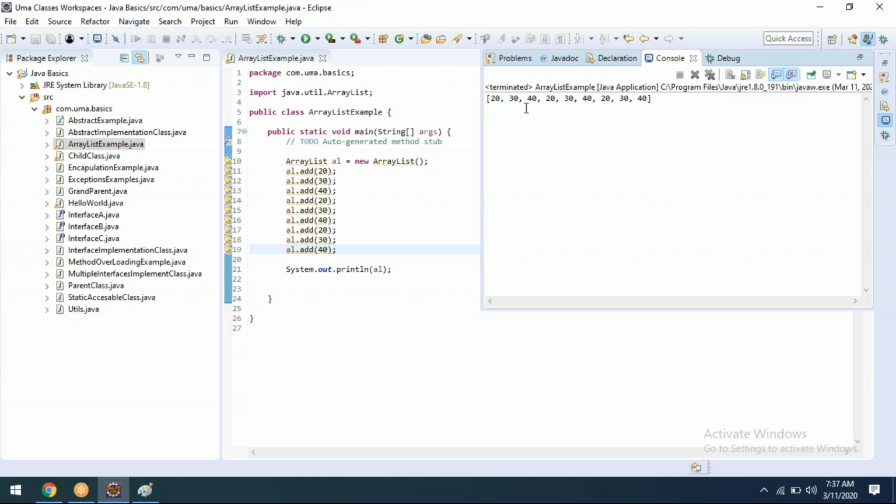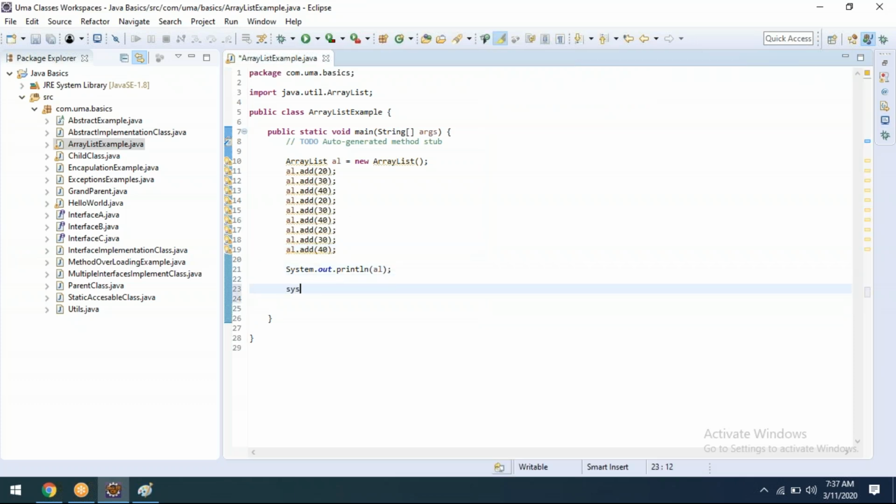Now how it will form in the array, in the sense the same thing, like a of 0, al of 0, al of 1, al of 2, al of 3, how specifically we are reading. See, System.out.println, we want to print any one thing, al of... see here, earlier how we are reading.